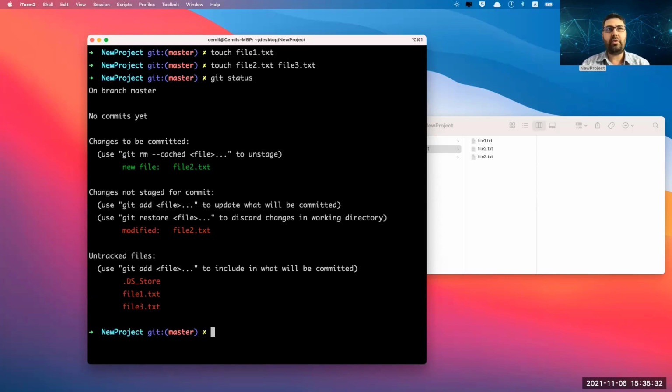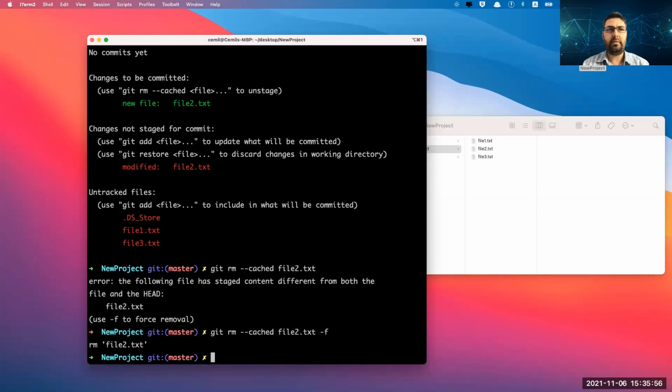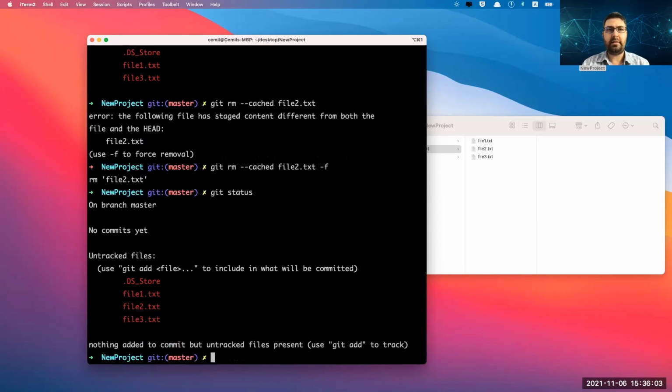I just want to catch back this stuff, file2.txt. So first to remove, force it. Please ignore this part. I'm just checking everything is now fine. Okay.